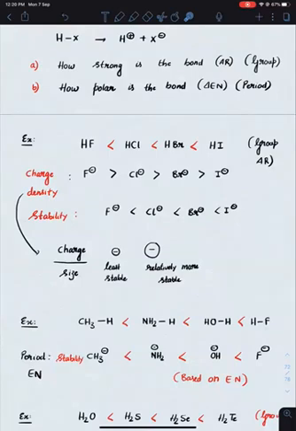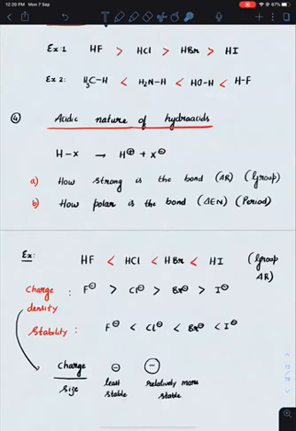This is a very important question to compare the strength of the acid in a group as well as in a period. What do you need to keep in mind? You need to compare the strength, or stability, of this negatively charged species formed. If the formed negatively charged species is more stable, no need to worry, it will be a stronger acid. If the formed negatively charged species is very less stable, it will be a weaker acid.